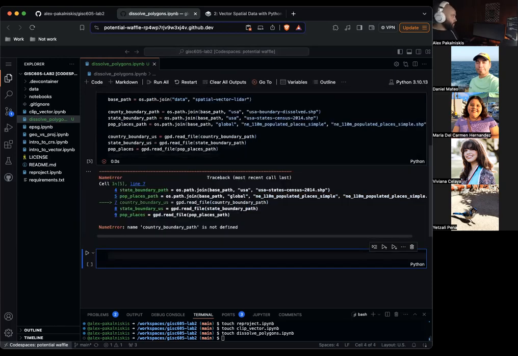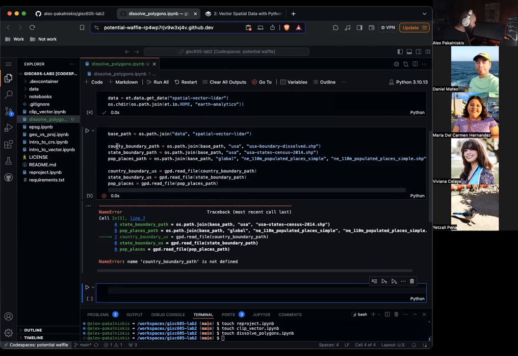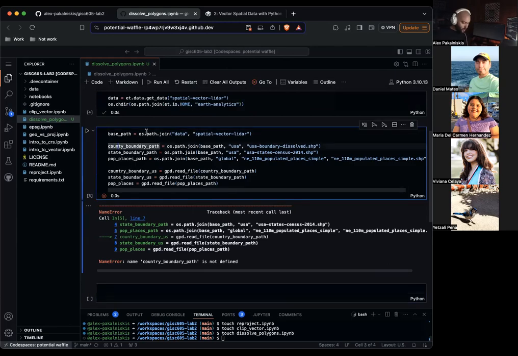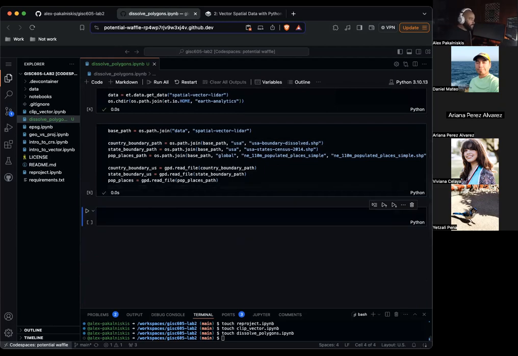Cool, got an error. Country boundary path, I spelled it wrong. Country. There we go. So let's dissolve polygons based on an attribute. Let's dissolve the US states by region.